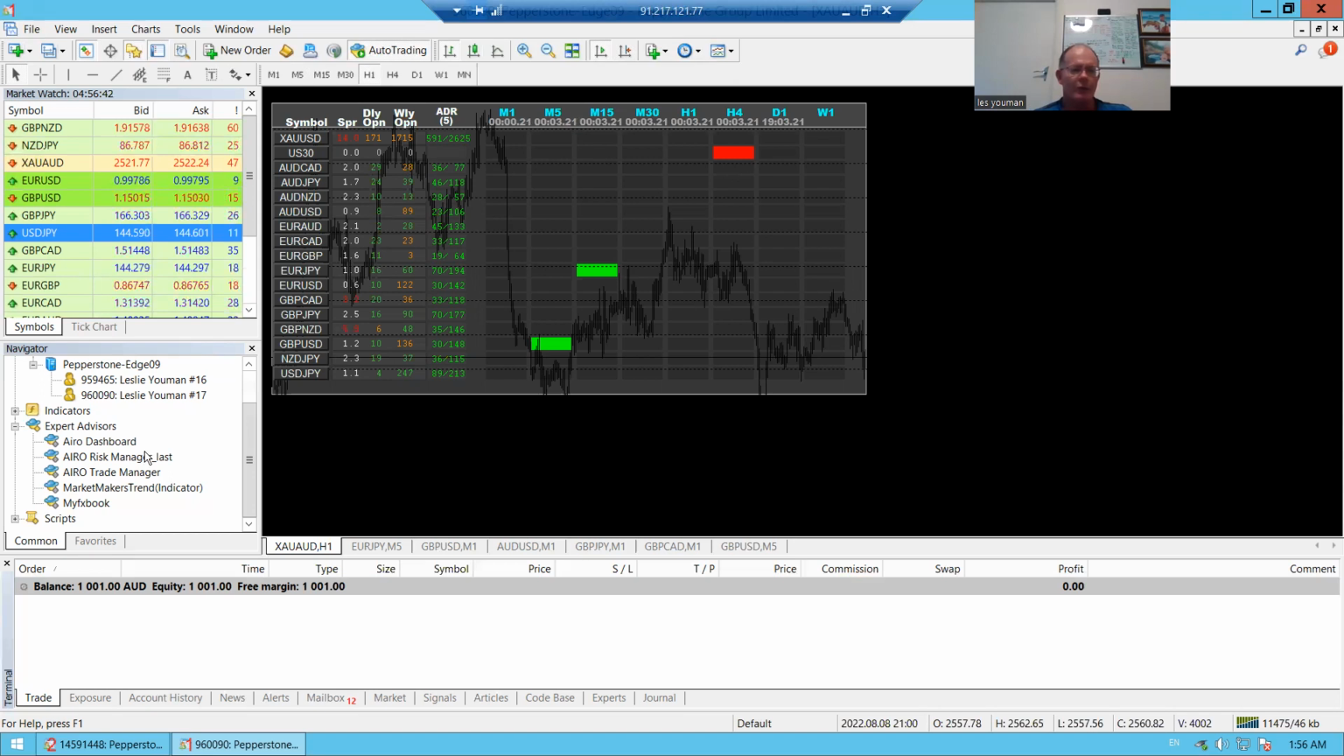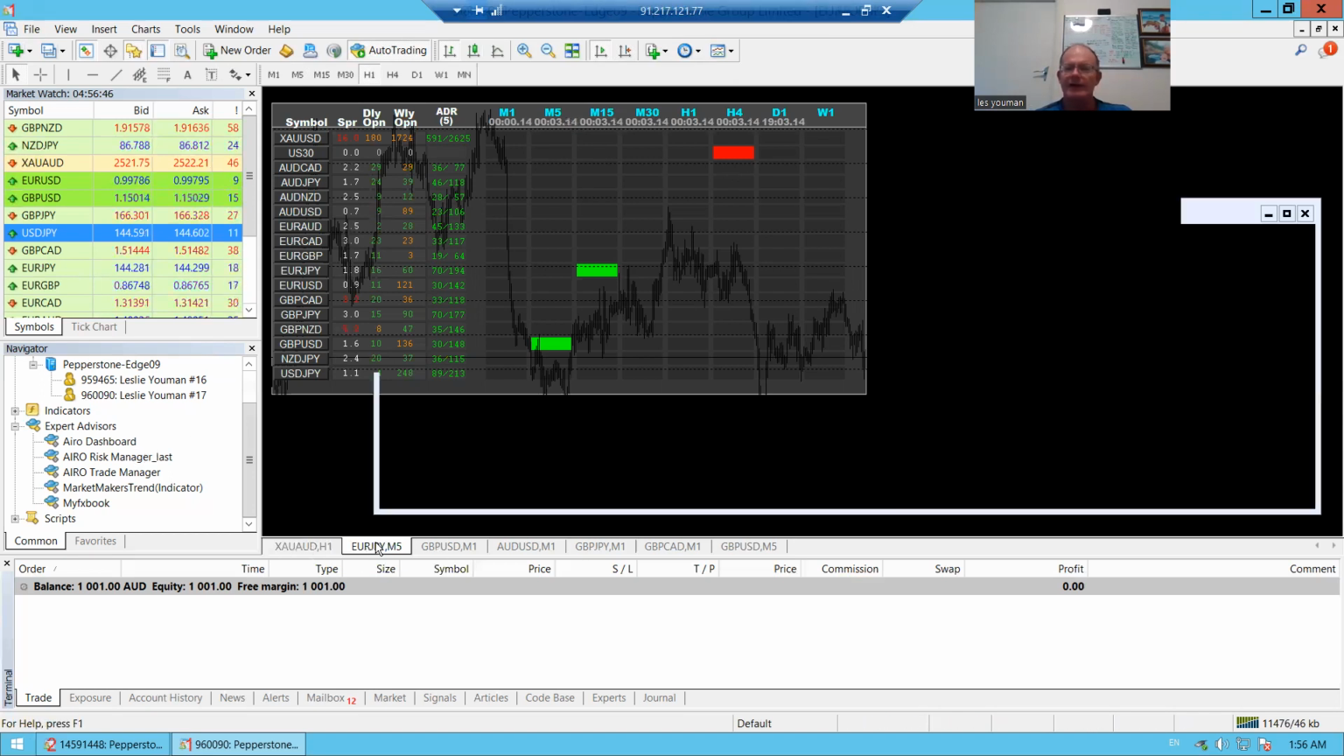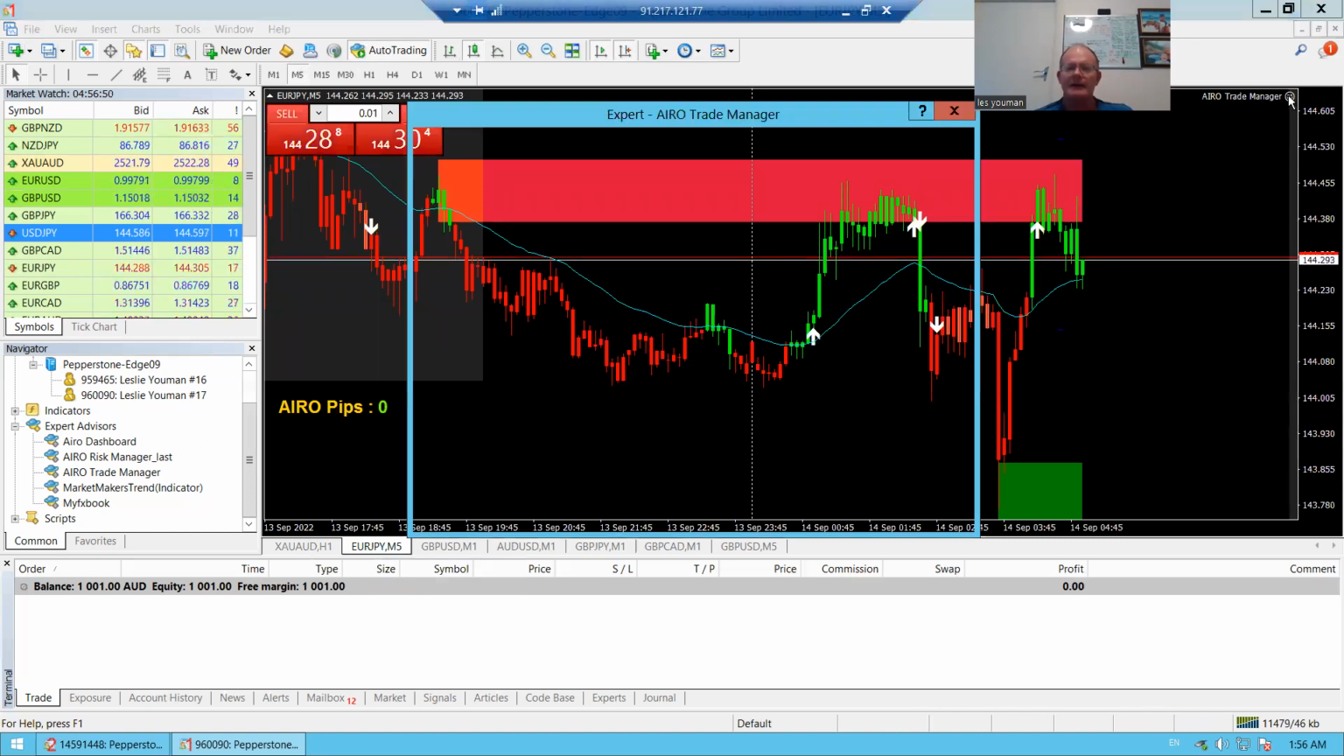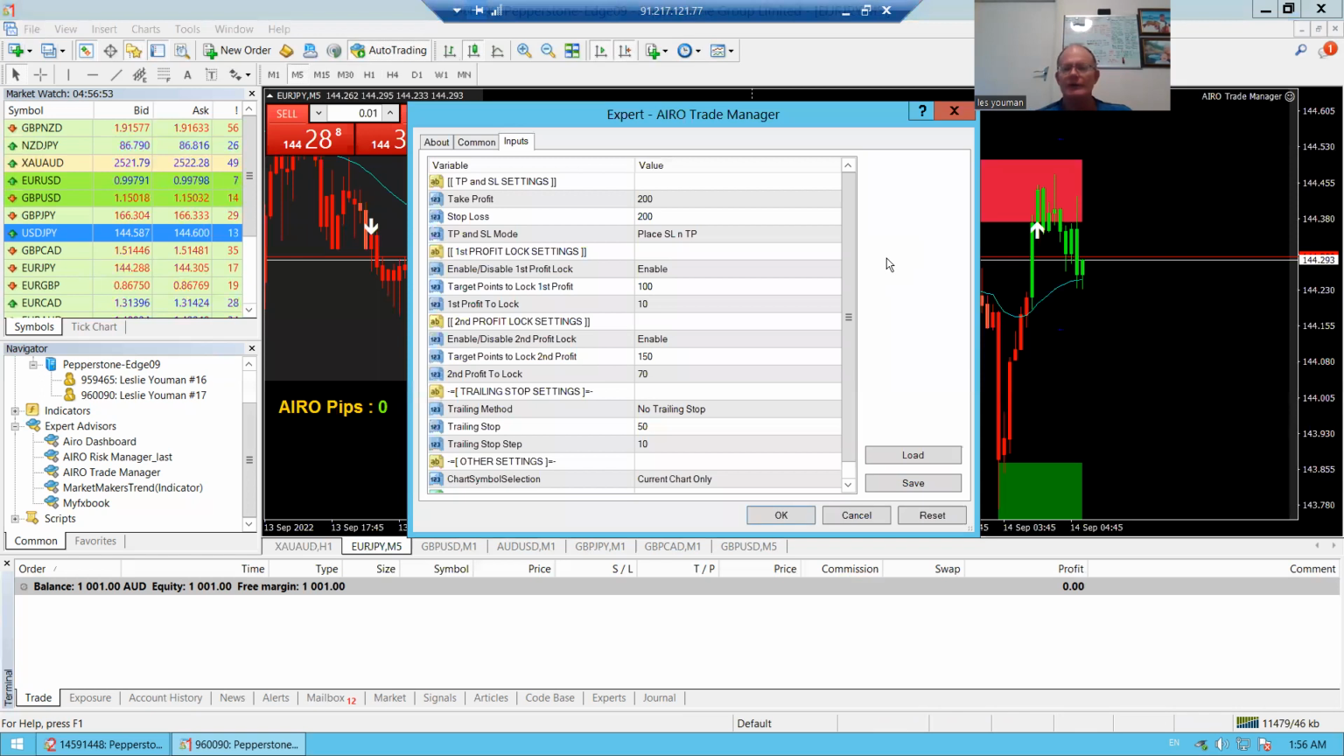And also the risk manager, which one did we have on? So the trade manager. The risk manager is to help you determine what sort of lot size you should be taking and all of that. I won't get into that today, but this is, in my opinion, quite a very good trade manager,